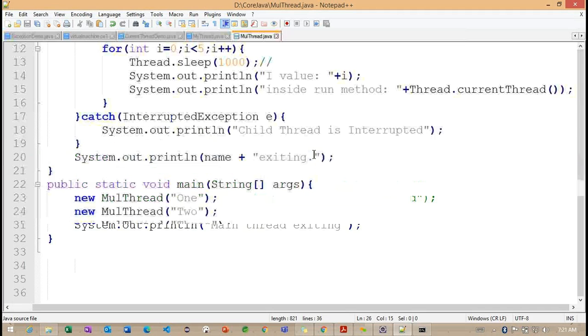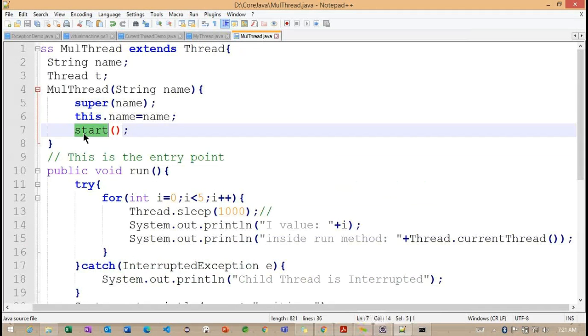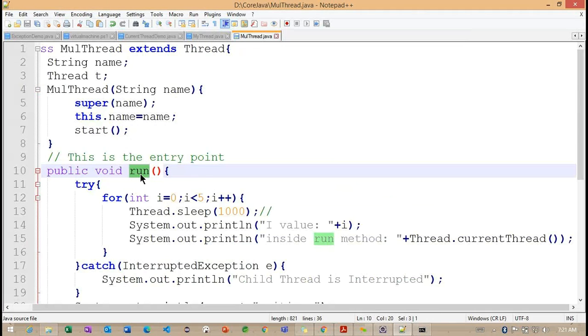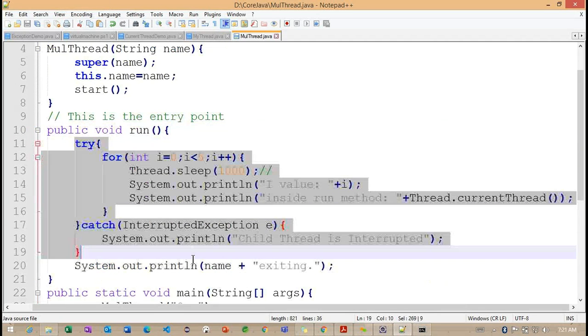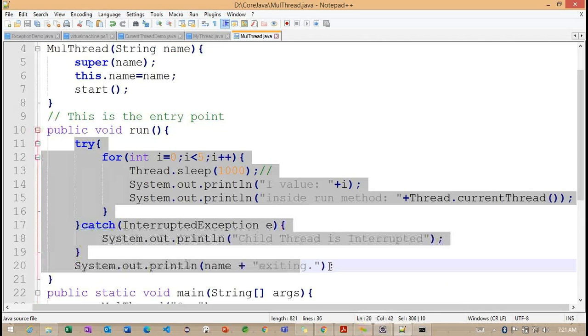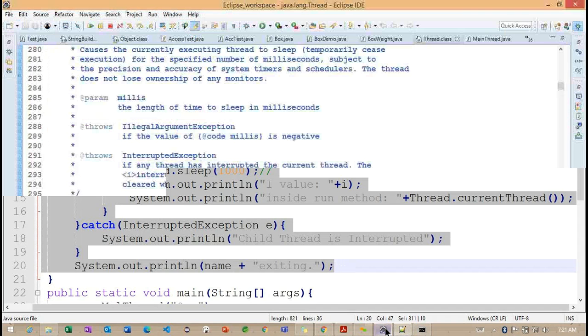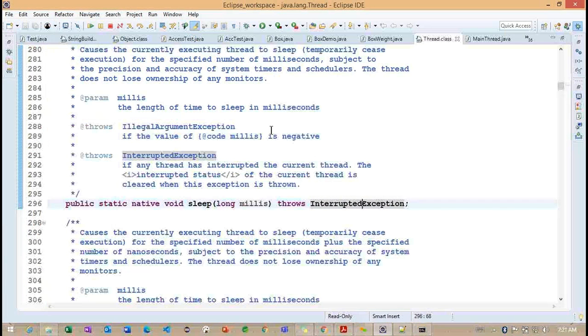So basically here, whenever we are going to call this particular start method, internally the thread is going to call the run method. And whenever we are calling the run method, we need to define the code within this particular run method. From the run method only, the threads are going to start. So if we observe, previously also we identified the main thread. Let's see